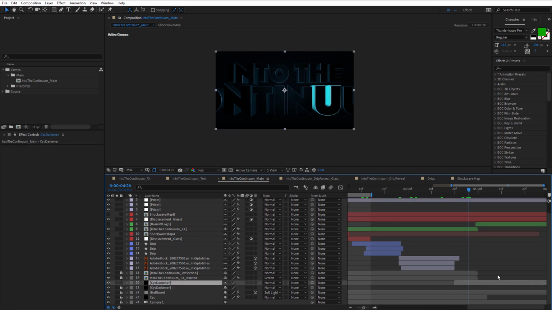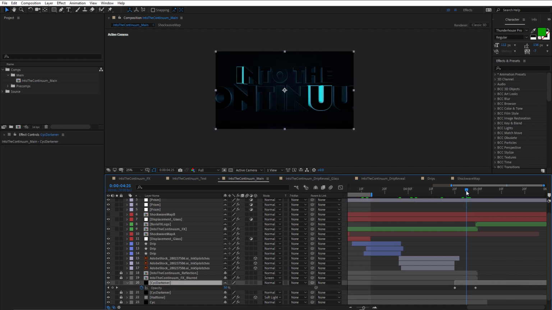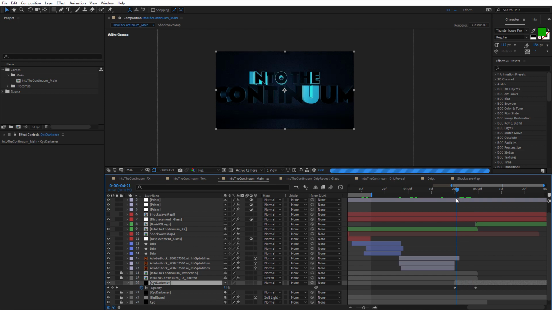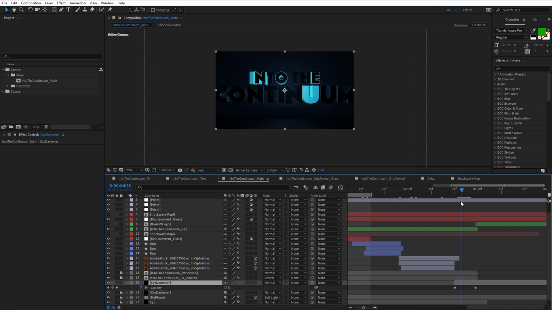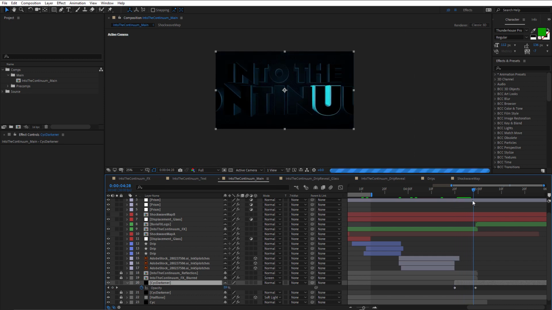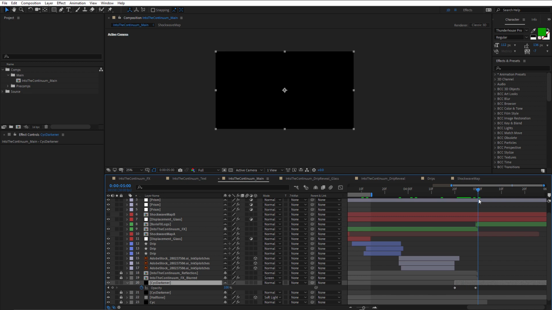Just keyframed from 0 back up to 100, just to darken that background back down again as the lights turn off. That's also good because when we get to the last keyframe, we're basically on black, and that's where I reveal the